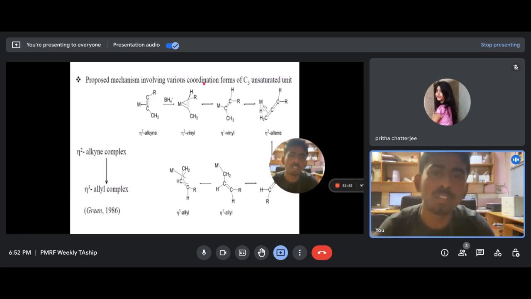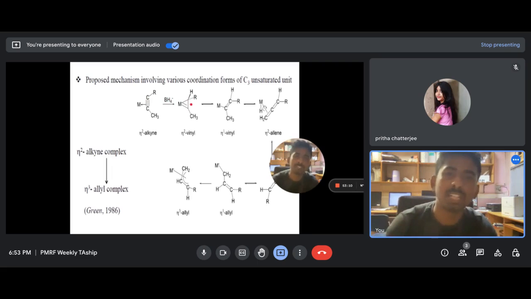So this is the proposed mechanism involving various coordination forms of C3 unsaturated unit. You see, the first is an eta 2 alkyne. The metal is actually getting bound to the alkyne system in an eta 2 fashion. Whenever a borohydride, a hydride transfer agent, is there, hydride will attack on this R center,